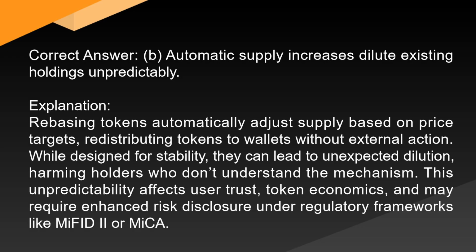Correct answer. B. Automatic supply increases dilute existing holdings unpredictably. Explanation. Rebasing tokens automatically adjust supply based on price targets, redistributing tokens to wallets without external action. While designed for stability, they can lead to unexpected dilution, harming holders who don't understand the mechanism. This unpredictability affects user trust, token economics, and may require enhanced risk disclosure under regulatory frameworks like MiFID II or